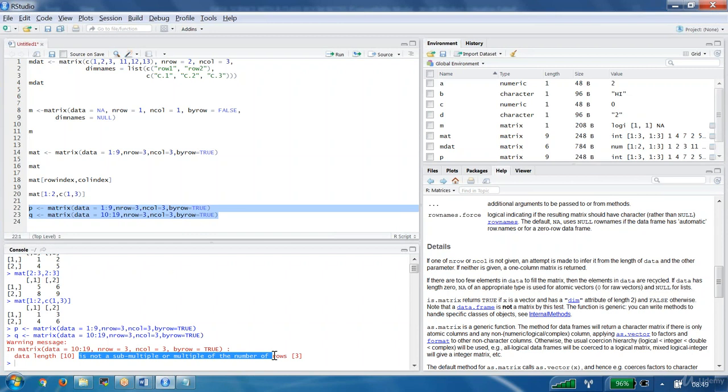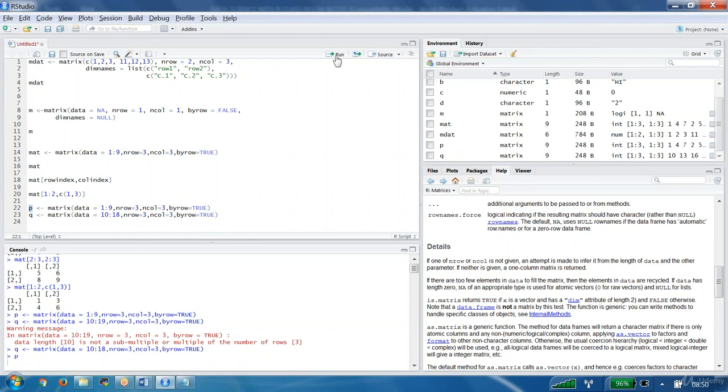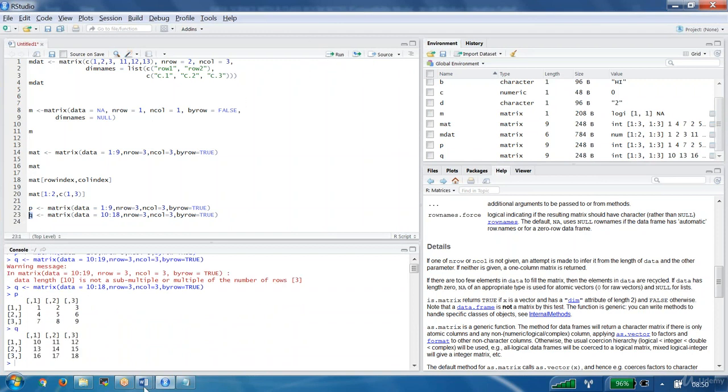Second value 10, values should be 18. It should be 18. 10 and 18 both are included, meaning 9 values, right? That's how it is. So now if you want to see the values of P, let us go and try to see the values of P. We got it. If you want to see the values of Q, I want to see the values of Q. Now we know P values and Q values, we are aware of it.